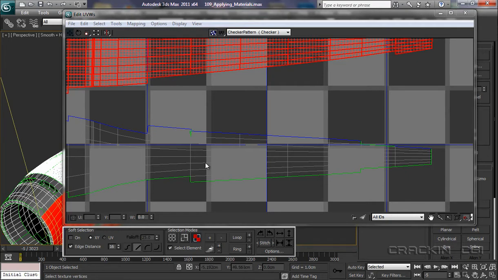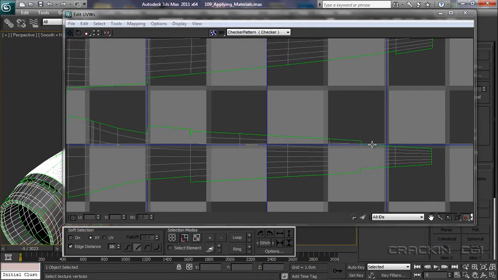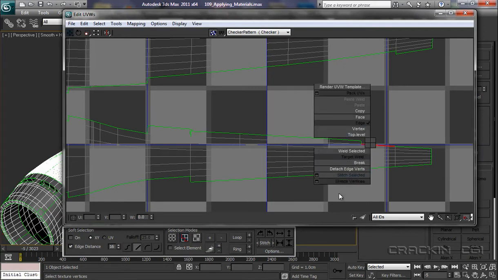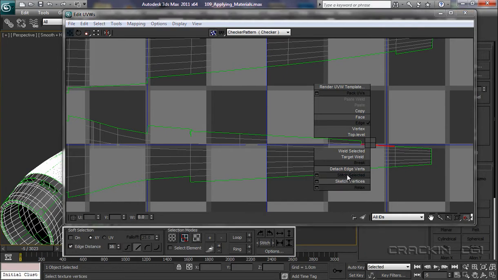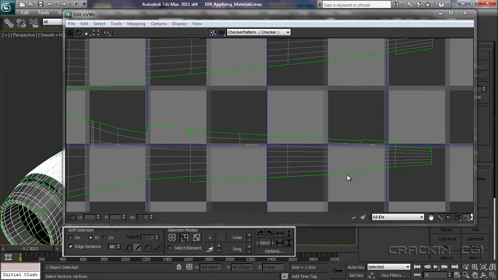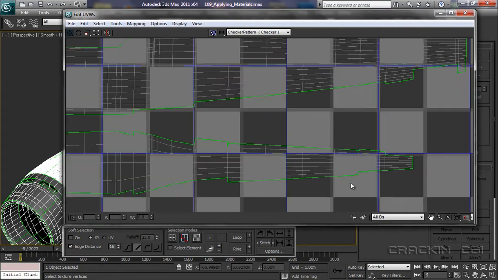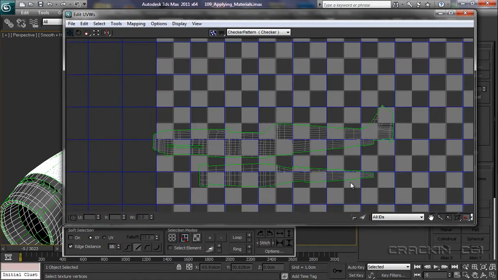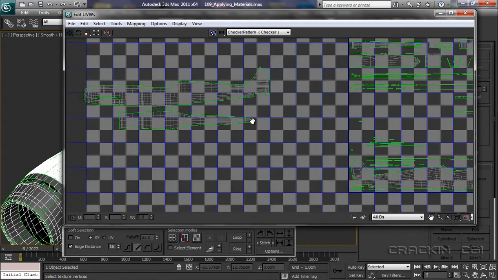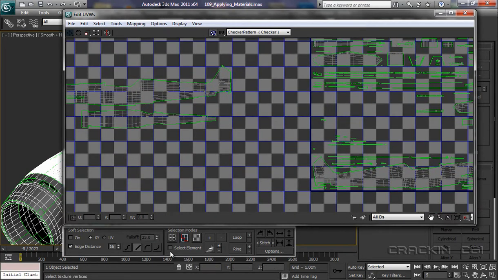Okay, well let's do the same with this section down here. Uncheck, into edge, let's select that edge there, right click, stitch selected. Let's now zoom out, make sure select element is checked. I'm going to pop into face again,